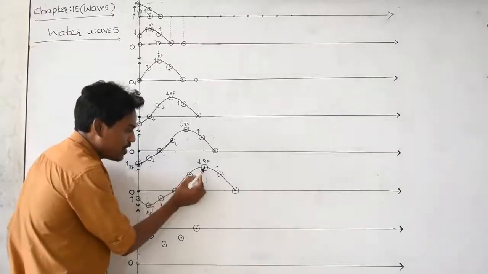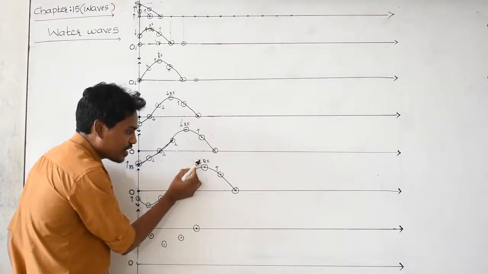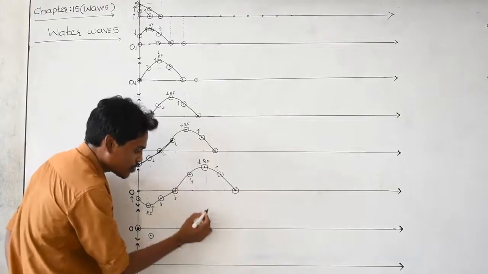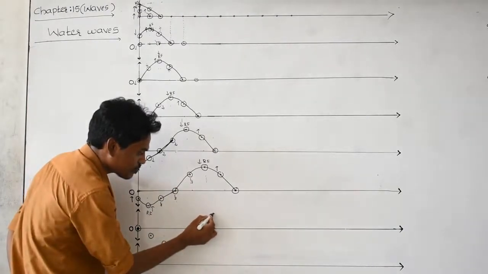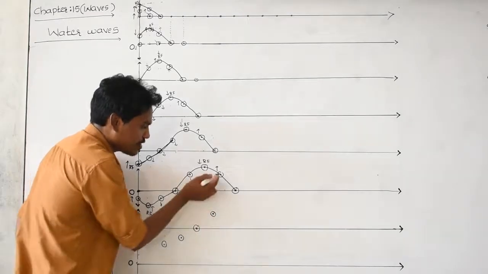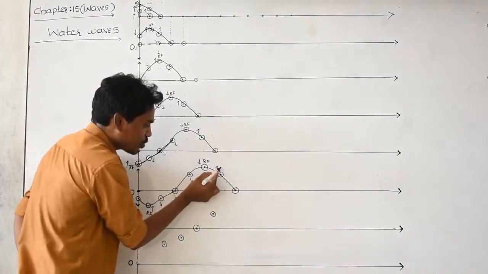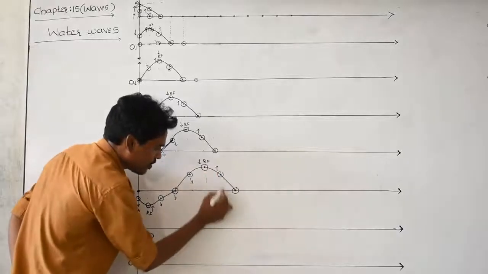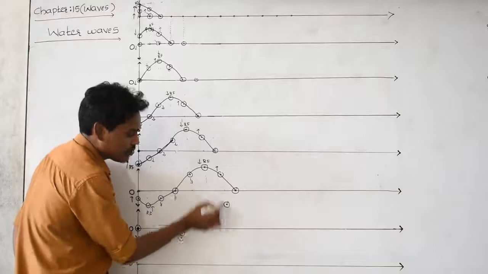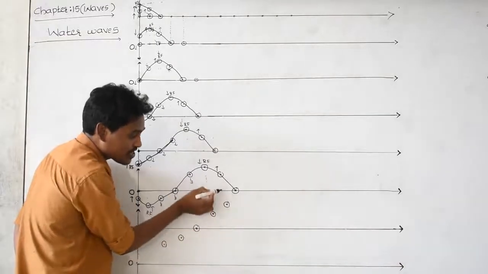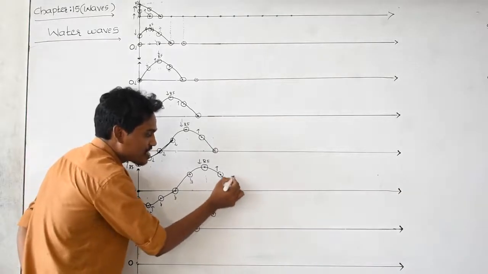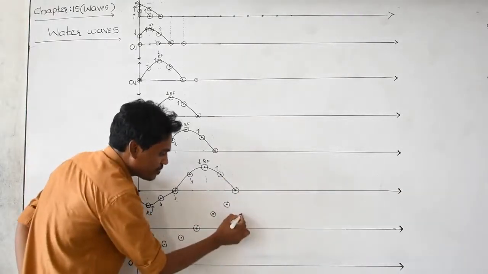And this is the maximum point. The restoring force acting on this particle is in the downward direction. That's why this is moving from this point to this point. Yes, I am showing here that one. Here to here it is moved. It is reaching from this point to this point. And this is in vibration because of the disturbance created by this particle. This particle just rises up here. That is what I am showing here.